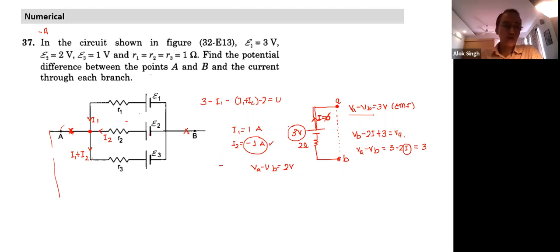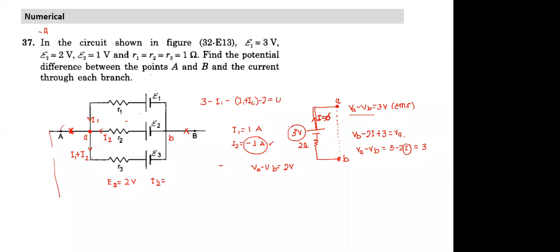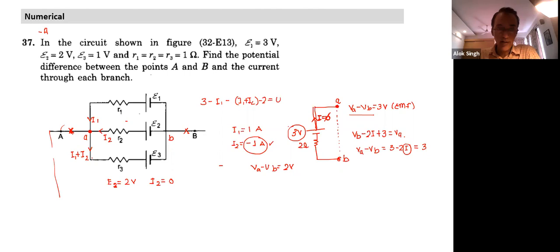Okay. Coming back to the second point, and all of you try and pay attention. Suppose this point is A and B. What we said, even E2 was equal to 2 volts. What is the current I2 in this figure? Nitya, when E2 was equal to 2 volts, what is the current here? 0, sir. Now try and answer, what will happen if E2 is equal to say 2.1 volts? Can you guess the direction of current I2?